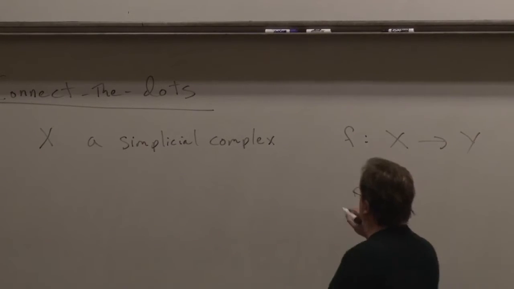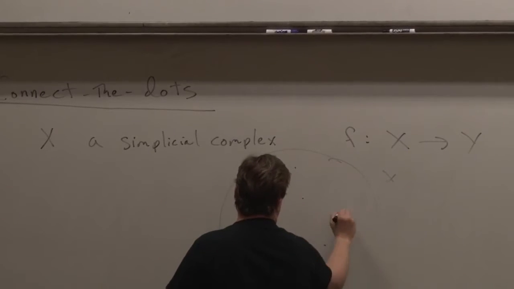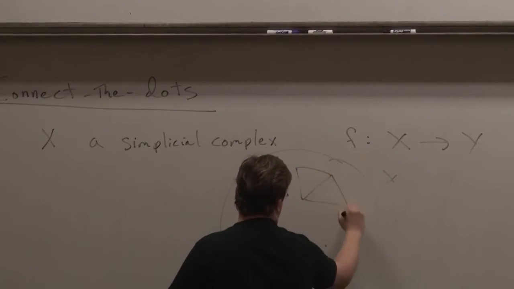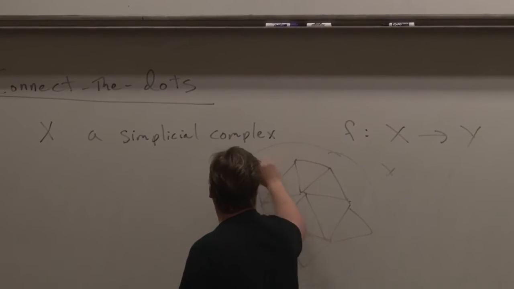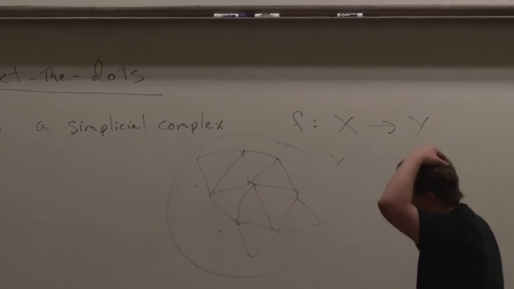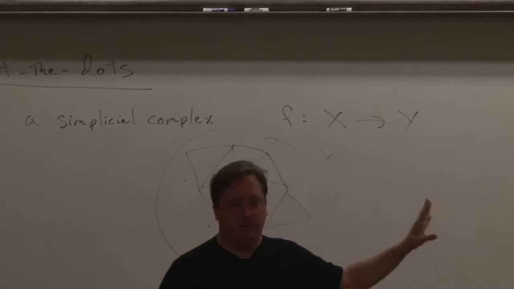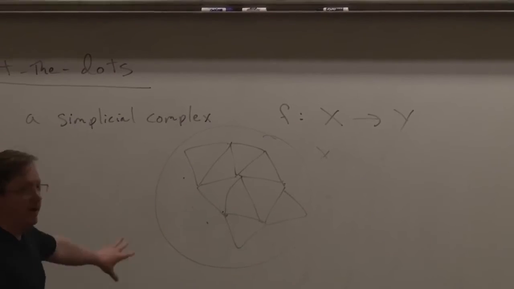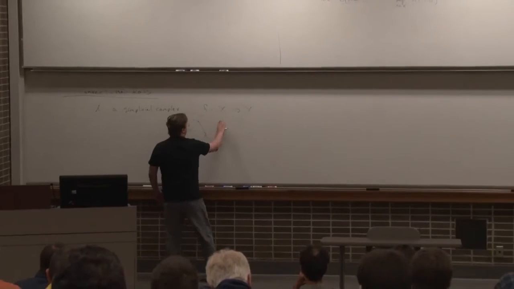So here's X all cut up into nice simplices. Generally, unless I say otherwise, we'll be assuming all of our simplices are metrized as regular Euclidean simplices of side length 1. So it doesn't really matter from the coarse point of view. We're mapping this over to some space Y.